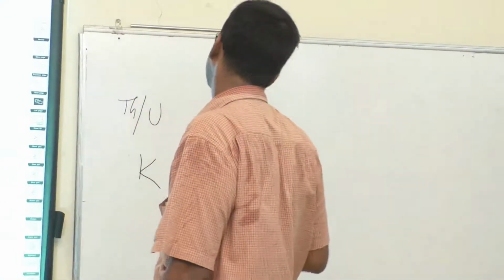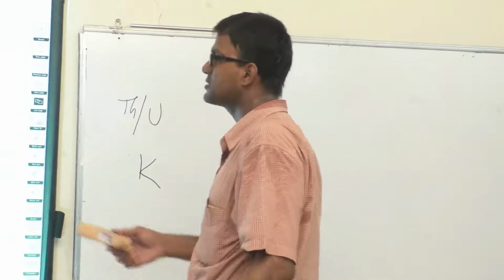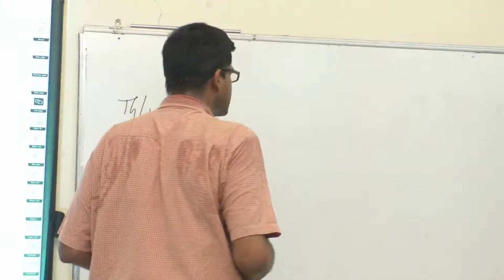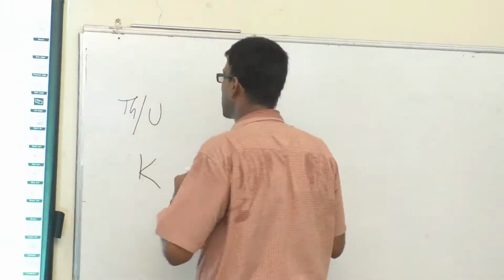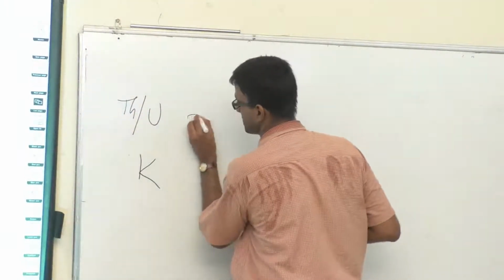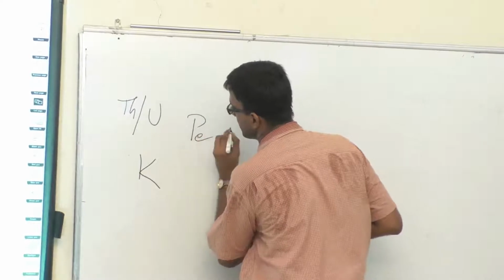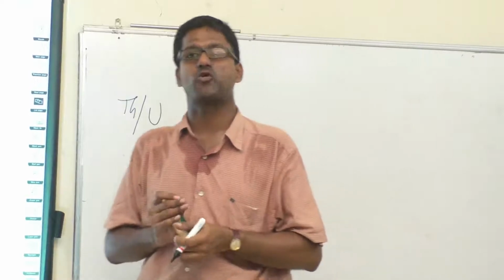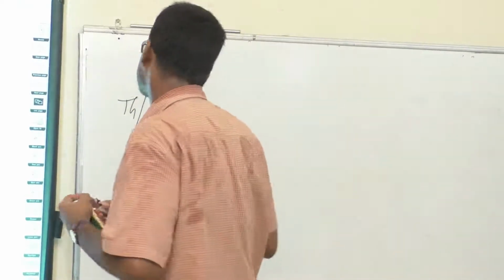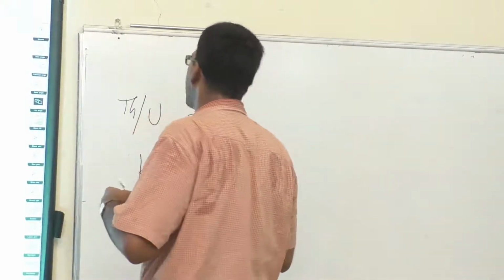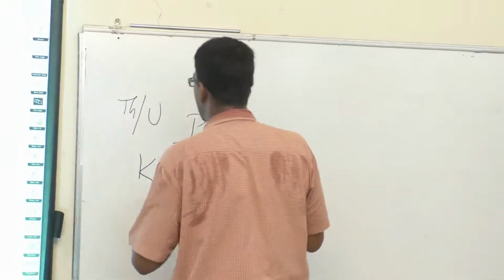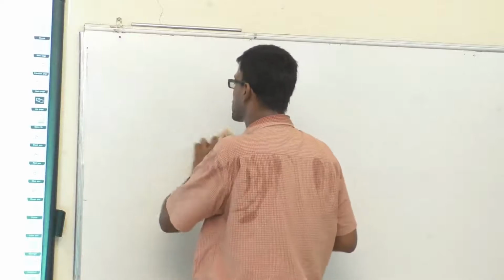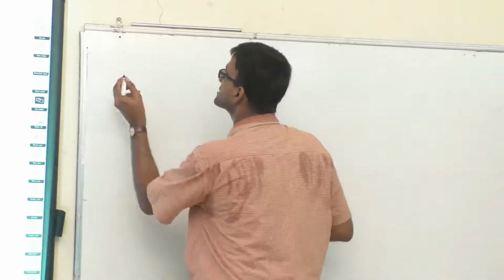And yes, here you have potassium and Pe. Pe stands for photoelectric absorption coefficient. Now, this particular thing is measured by something called, I won't say a more advanced log, but it is measured by